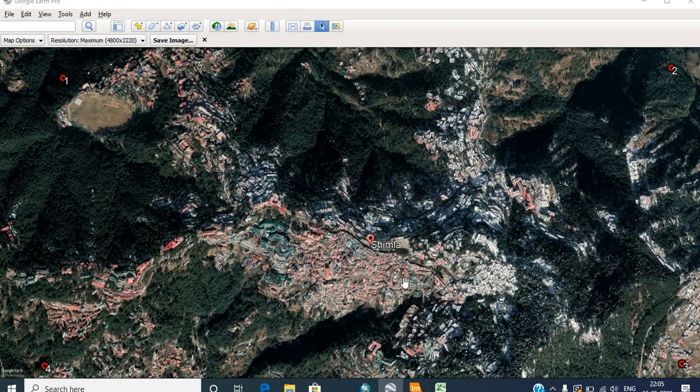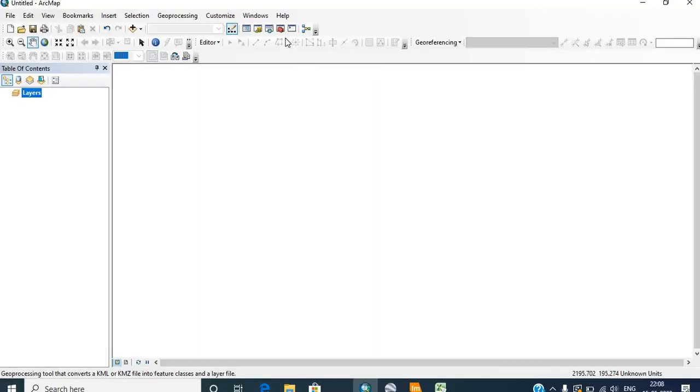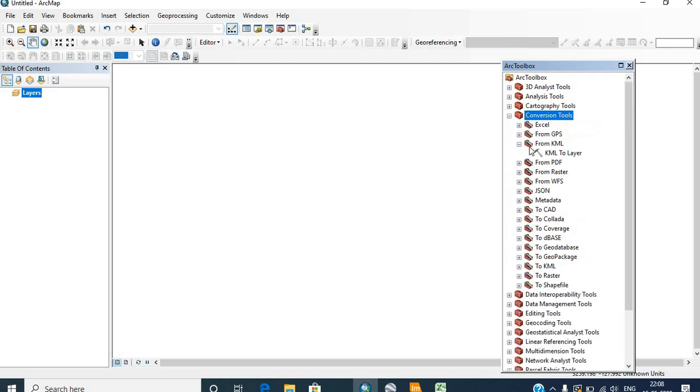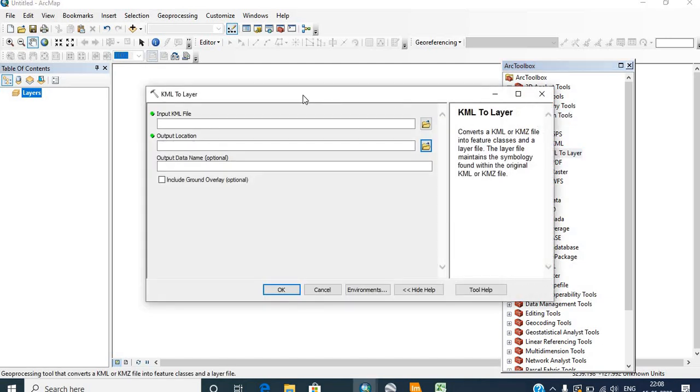So open the ArcGIS, and in the ArcGIS open Arc Toolbox. In the Arc Toolbox, click on Conversion Tools, and in the Conversion Tools, KML to Layer. So double click.